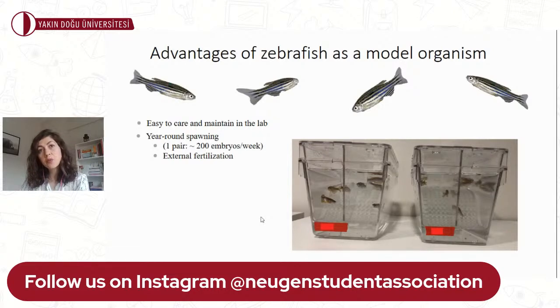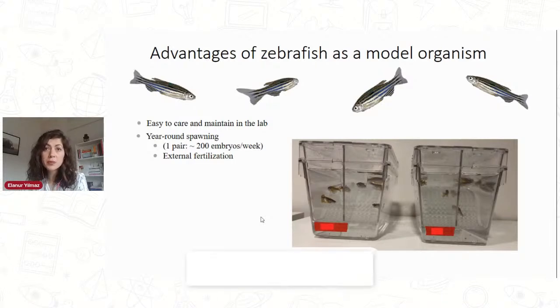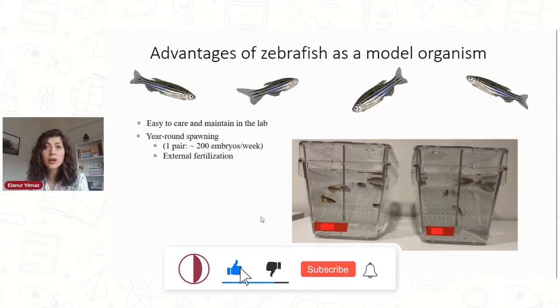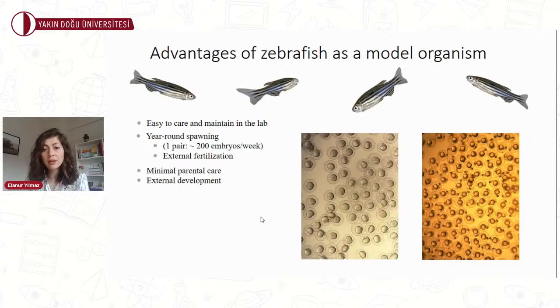Break of daylight triggers mating in zebrafish, while many other fish only lay eggs in the dark. The zebrafish has a generation time of 2 to 3 months. The zebrafish can produce more offspring in a shorter time, let's say 200 eggs or embryos per week. And in addition, fertilization and all subsequent development occur within the water, not inside of the mother, which we call external fertilization and development. And besides, zebrafish embryos don't need any, or minimal, parental care, and all the developmental stages occur